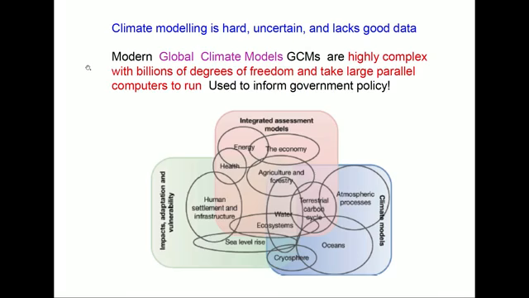So about a month ago, the IPCC produced a big report. They produce a report once every 4 years on the future of the climate over the next few decades. And they base their report on climate models. But climate modeling is really hard, it's really uncertain, and we lack much of the data that we need. What I want to do in this talk is take you through some of the difficulties, the uncertainty, and the way we make use of data, but to show you how mathematics can help us make certain predictions about